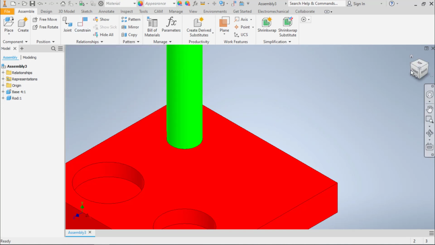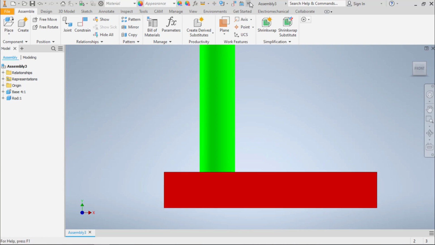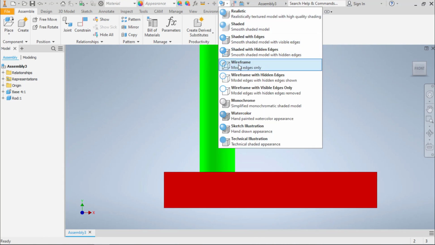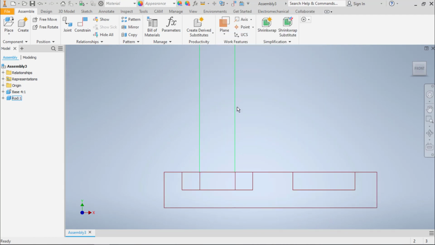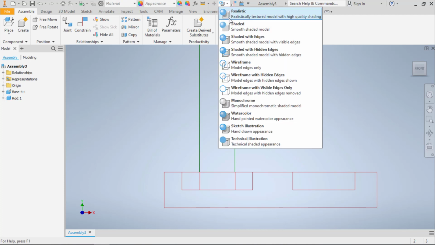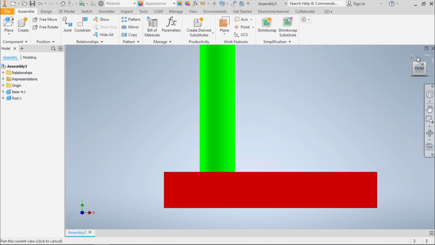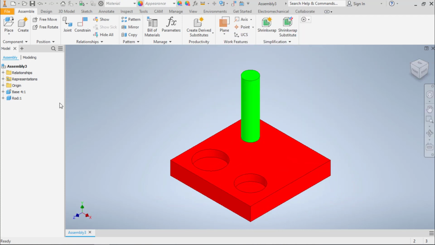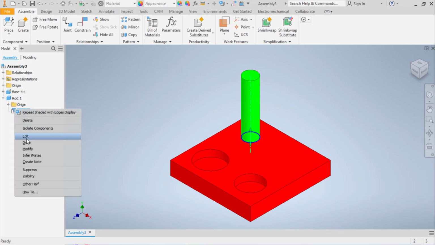in two different directions. However, when I change my view to wireframe, you'll see that this does not extend down into the hole. It stops short. So if we change our view back, we can go back to our insert constraint, right-click, edit,